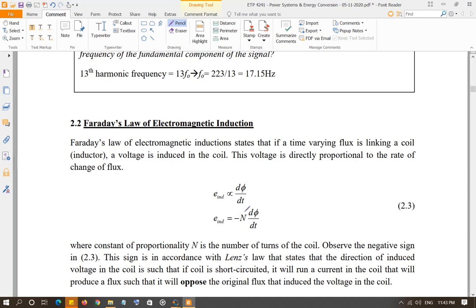That's the basic idea of Faraday's law of electromagnetic induction, and that's the basis of power